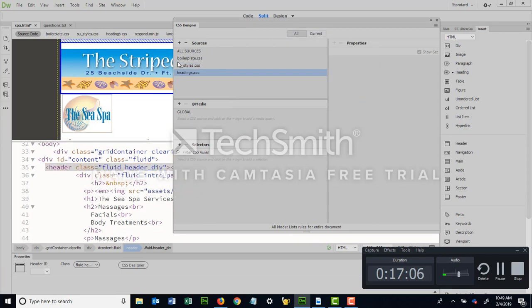Now I have a new source in my sources panel of the CSS Designer. So headings, I have no media queries and I have no selectors. So what they want us to do then is to create a new class in number 6 on page 13. And this class is called